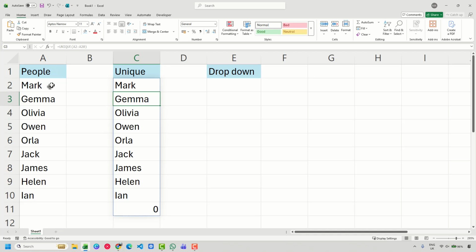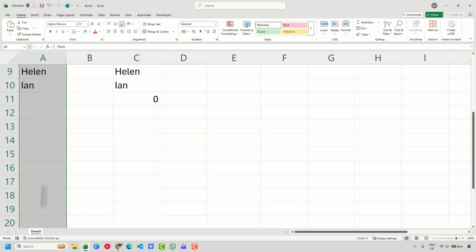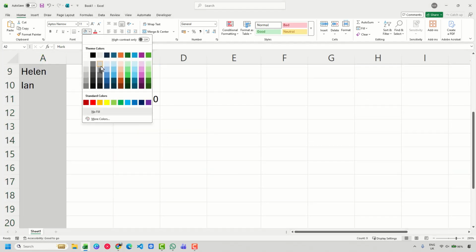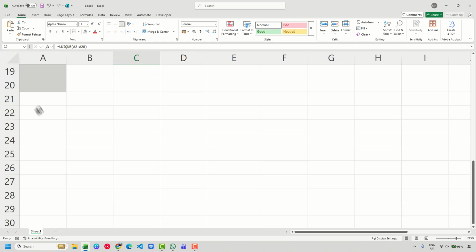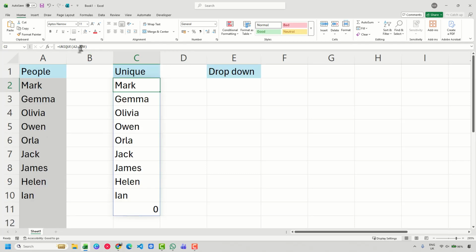What I sometimes do at this point, if I'm doing something like this, is mark this area here with a light grey, so that you know that this formula, which takes from here, only goes up to row 20. So sometimes when you're coming back to this work at a later date and wondering why this specific list does not have this information in, then at least you know that if it goes over this line here, it probably just means that you need to extend your formula a little bit, and you're not digging around for ages trying to work it out. But we can see that within this data, we also get this zero error here,